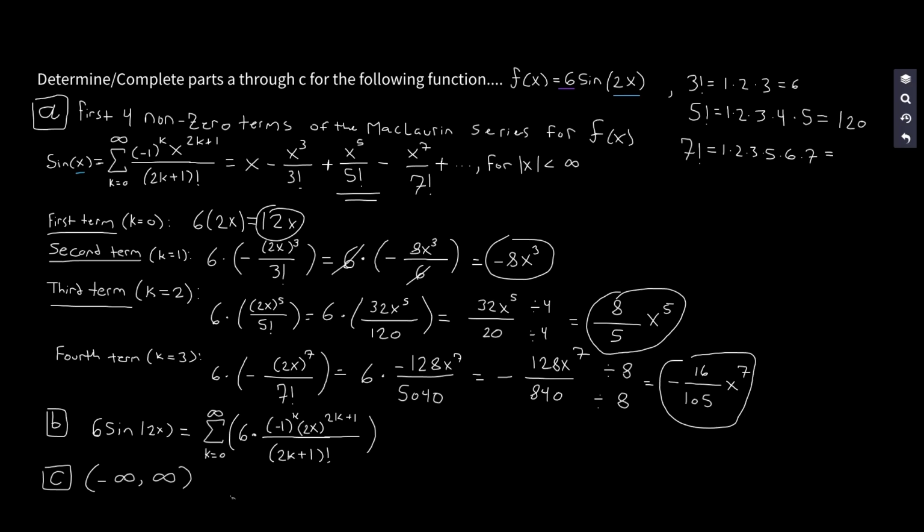So to reiterate, the first four non-zero terms of the Maclaurin series f of x equals 6 sine of 2x. The first, at k equals 0, is going to be 12x. The second term at k equals 1 is going to be negative 8x raised to the third power. The third term at k equals 2 is going to be 8 over 5 times x raised to the fifth power. The fourth term, k equals 3, is going to be negative 16 over 105 times